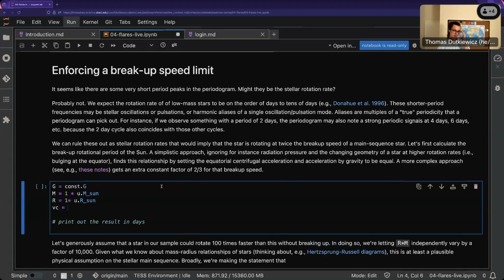And then we're going to do this. This is the result of setting those two equations equal. So we've done a slight amount of simplification here, but this will give us, by setting the acceleration caused by being a spinning object going around versus the acceleration due to gravity, the equation that will pop up, and you can see the derivation in those notes that I have linked. So it's 2/3. This is the magic factor that you get from including some more complex factors that we talked about,